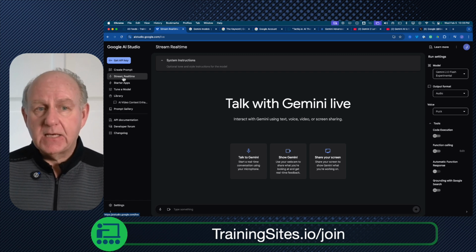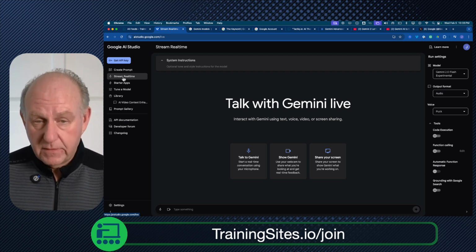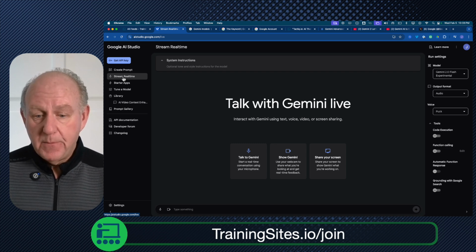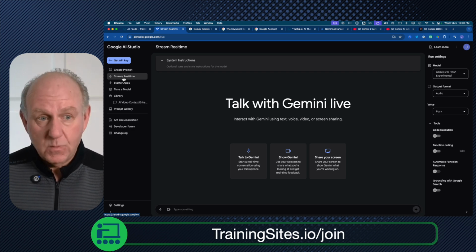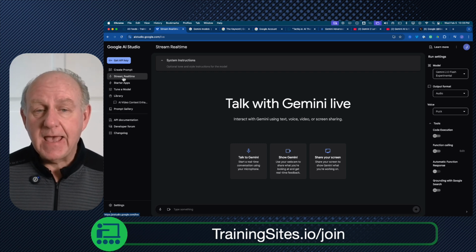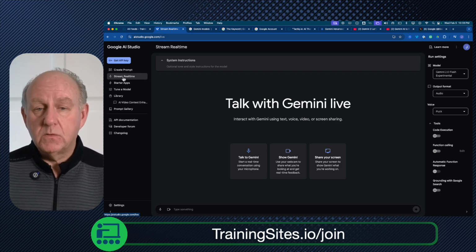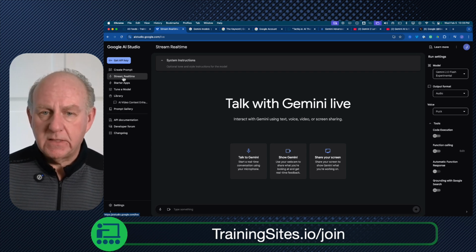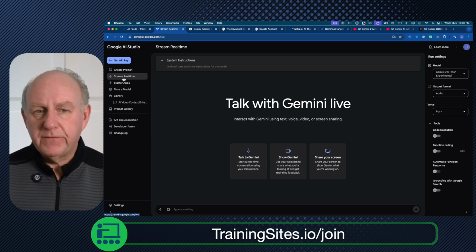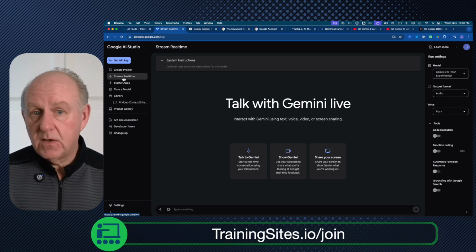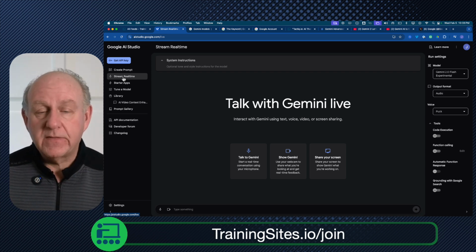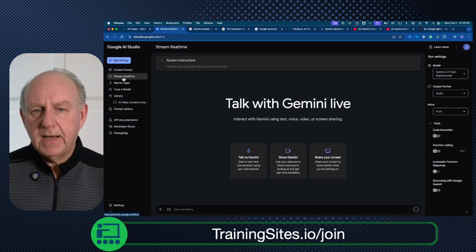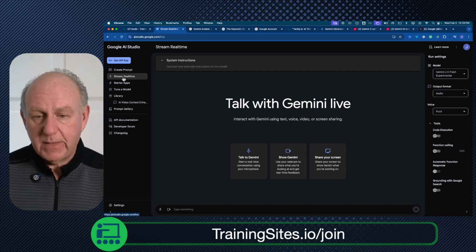Basically, I can have an interaction with the Google Gemini AI tool, talking to it live in real time. I could be showing it my screen live in real time, and I could be showing it my camera, what's in my camera live in real time, and it has the multimodal input, so it knows what's in the camera. It knows what's on the screen, and it has context. So if you're showing a camera and people are moving in it, it knows what's moving and what it is that they're moving. It knows the other objects that are independent of each other and how they relate to each other. So this was a big win for us creating content